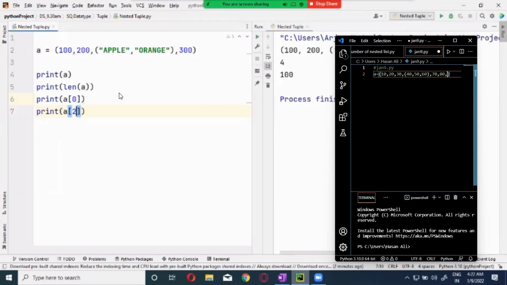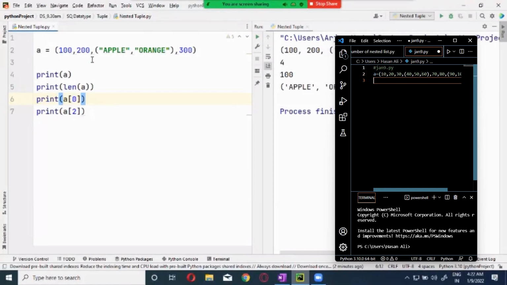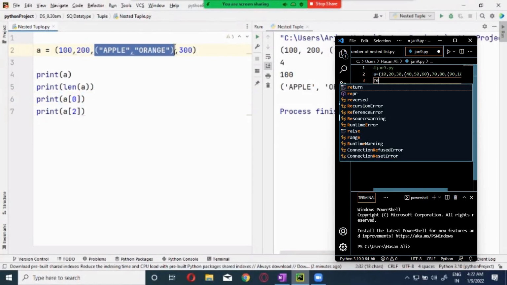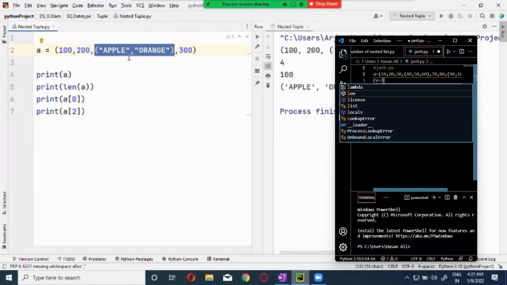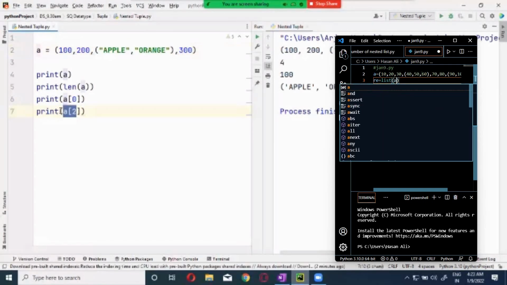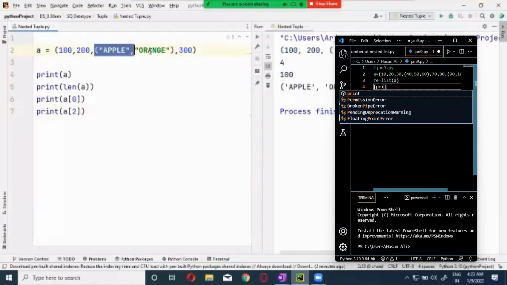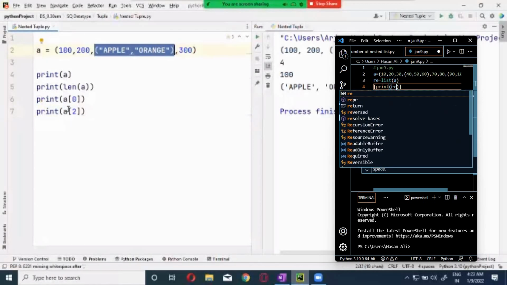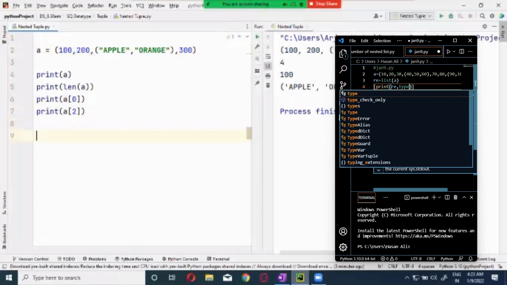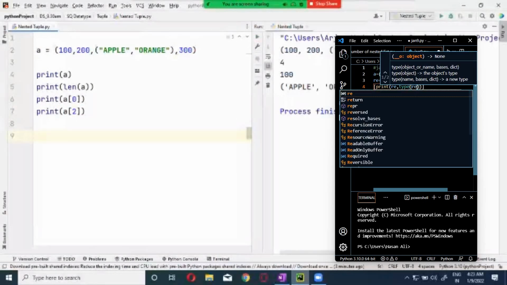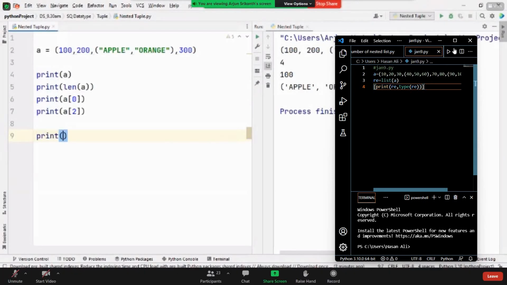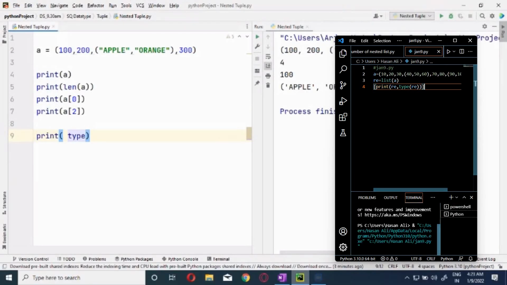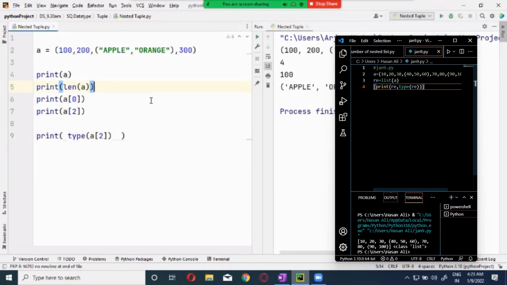Now that itself is what? What is the nature of that? What is the data type of the apple and orange? Tuple. That itself is a tuple. The name for this tuple we will be identifying as A of 2. So remember that whenever you are doing this, in order to identify this name, you have to give A of 2. Now if I want to find out the type of that A of 2, how will you do it? Print type of A of 2, right? You are comfortable with this. Great, that's awesome. Now when you do this, you will be getting it.